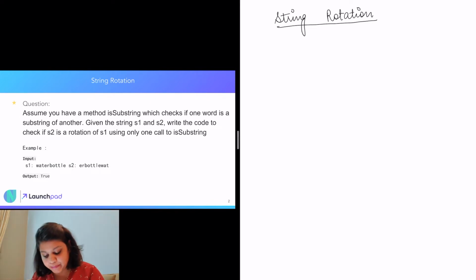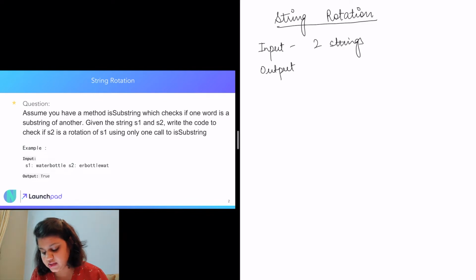The example given here is the string S1 as waterbottle, and the waterbottle string has been rotated so that S2 has become erbottlewat, and the output comes out as true because this is a rotation of S1. Now let's check what the input is. The input is going to be two strings S1 and S2, and our output is going to be a boolean telling us whether S2 was a rotation of S1 or not.